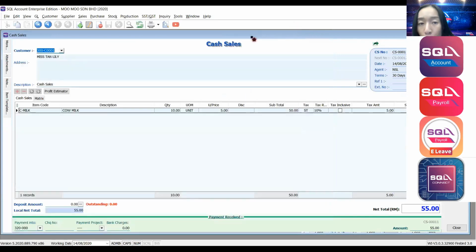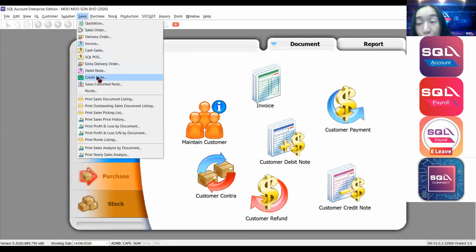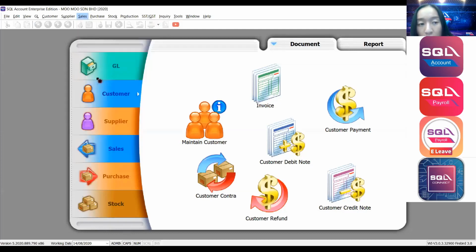Okay, so maybe the next day after the customer bought the things from me, they come back to me again. Your milk smells bad. I think it's spoiled already. Can I return the stock to you? Okay, how do we handle the stock returning? So this is named a credit note, the sales credit note. So we click on the sales credit note,